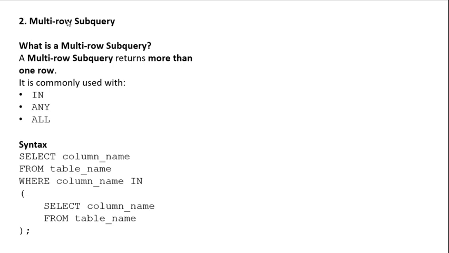The second type is the multi-row subquery. What is a multi-row subquery? A multi-row subquery returns more than one row, and it is commonly used with IN, ANY, and ALL. The syntax is: SELECT column_name FROM table_name WHERE column_name IN (or ANY, ALL) (SELECT column_name FROM table_name);